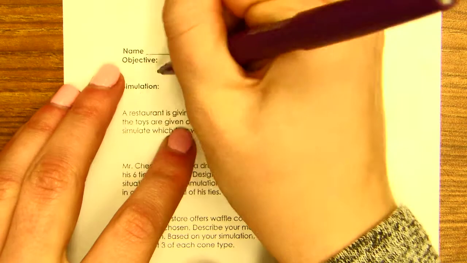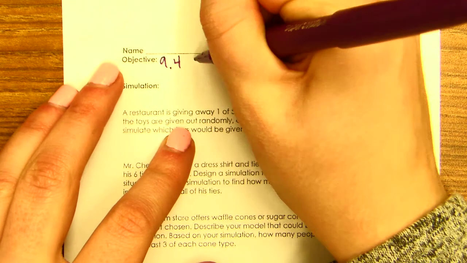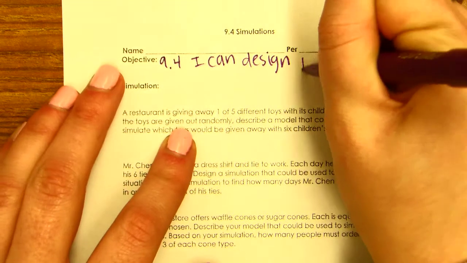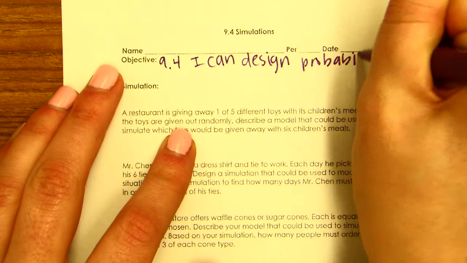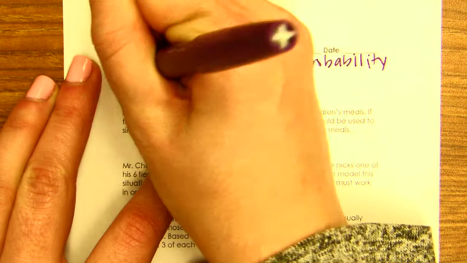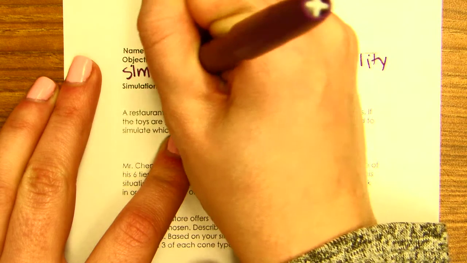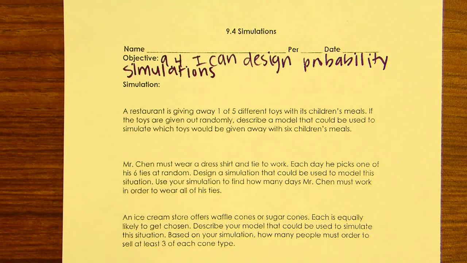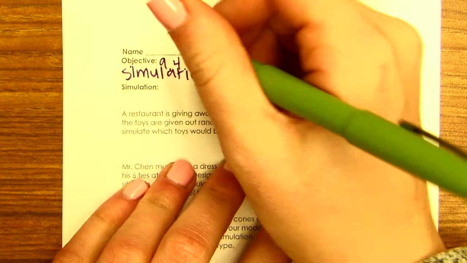For this one is 9.4. I can design probability simulations. And then the first thing we have to do is fill in the objective for, or the definition of a simulation. So a simulation is an experiment that's designed